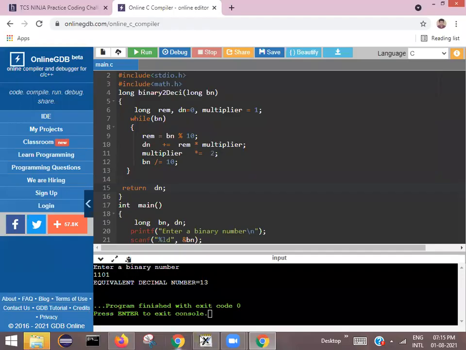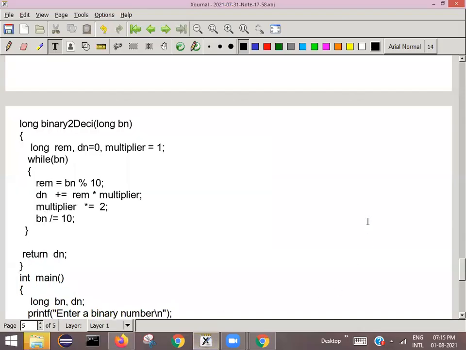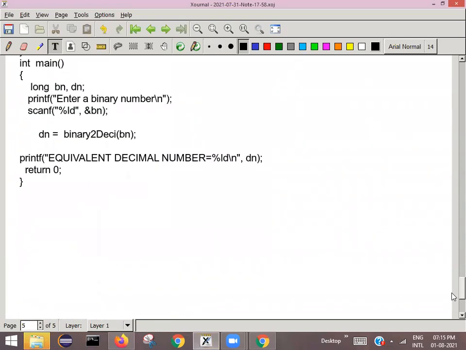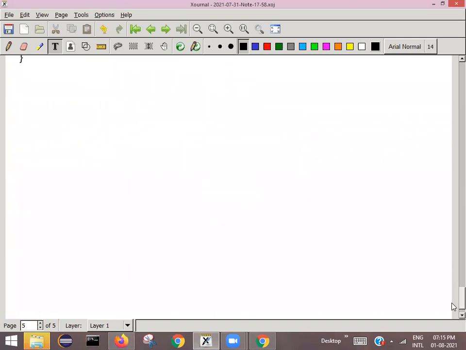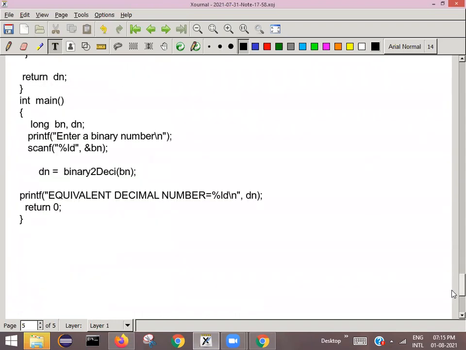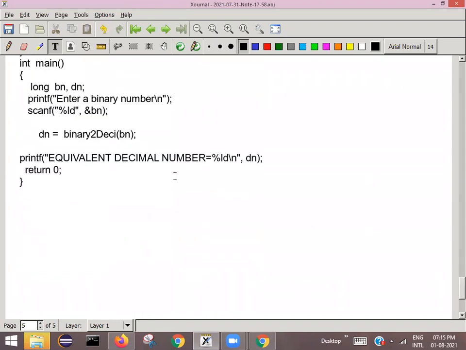Right. Okay. So next we'll move on to the next logic. Binary to decimal and decimal to binary conversion are over. So we have written the program in two ways. I'm telling you, friends, keep all those points in mind when you attempt your exam. You need to write optimized code so that your program executes faster compared to others and passes all the test cases.